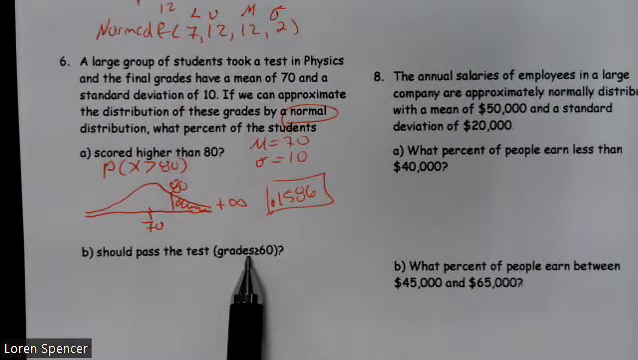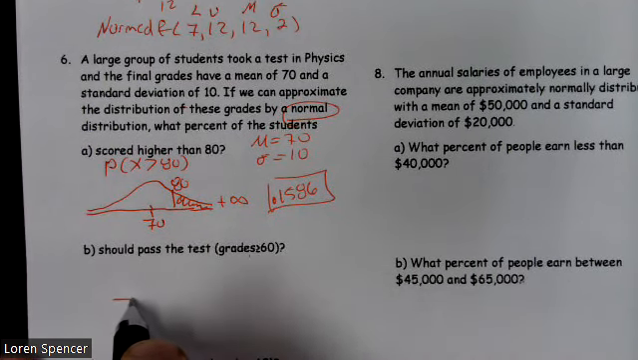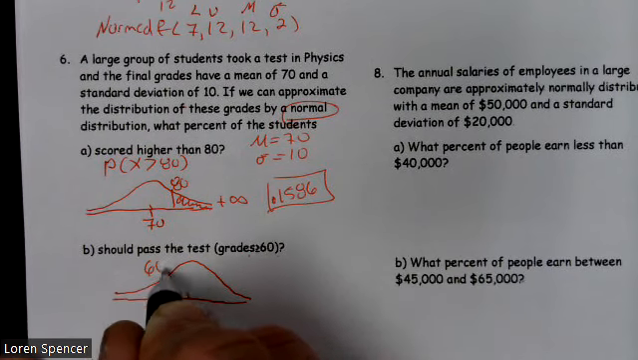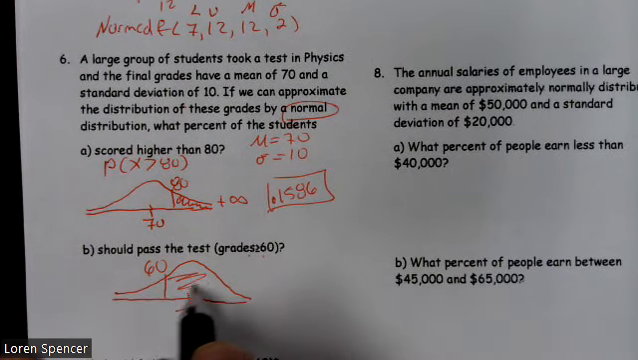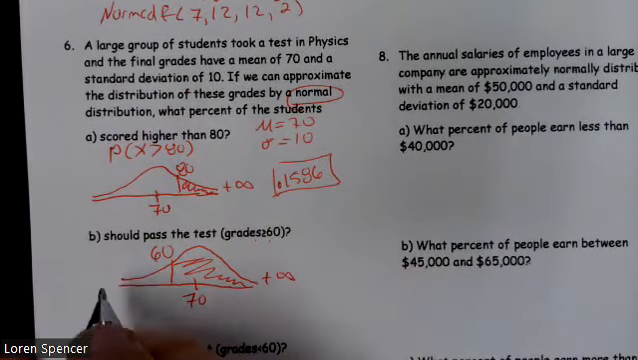To pass a test, they had to make greater than or equal to a 60. So we want to know the probability that they made greater than a 60. So my mean is 70. Well, 60 is below it, but it said greater than, so I'm shading up, and I'm shading up to positive infinity. So this makes this a norm